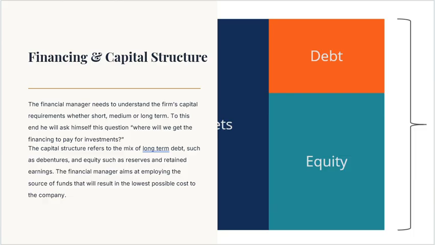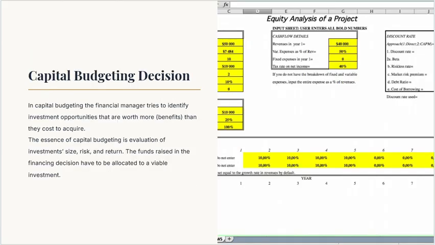The goal in this case is for us to employ a source of funds that gives us what we call the lowest cost to the business. One of the topics that we will be discussing in this course is what you call the cost of capital. And one thing that you need to know very clearly is that capital has a cost. So the finance manager then has to ask himself, of these various options that are available, which one is the cheapest source of funds for the business?